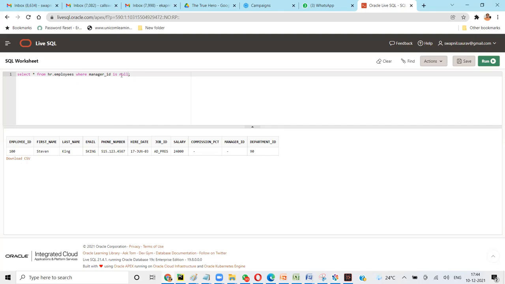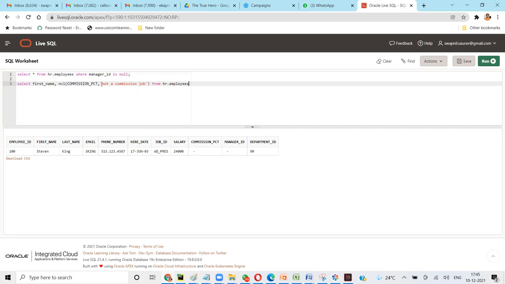Now, when I say select, NVL from HR employees, commission percentage should also work, but let me try with manager ID.